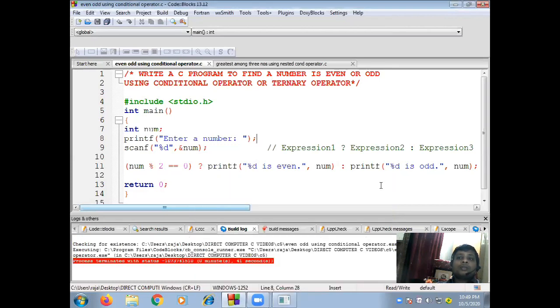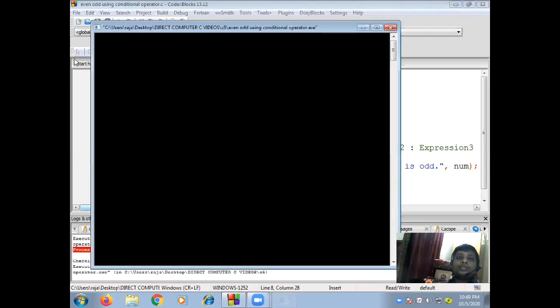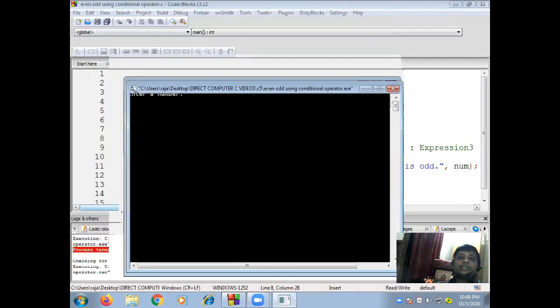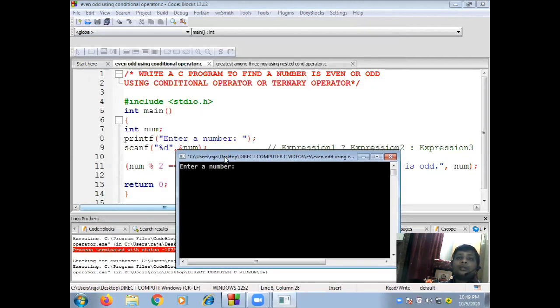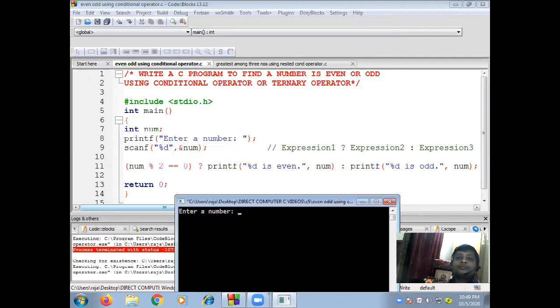Now suppose I am running for second time. You can see again it is asking enter a number. Clear? Suppose I am inputting 33. Clear? So 33 modular division by 2 equal to 0. This condition is what? False.